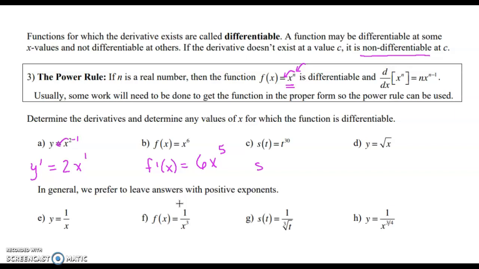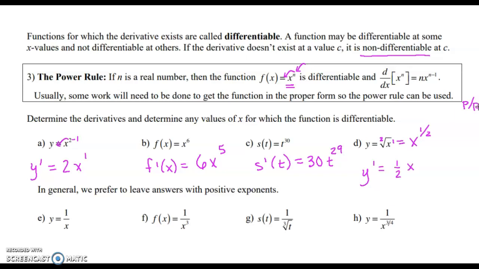C, it's just a power. So we can change our variable to t, and we can use s for our function. We still bring the power down and subtract 1. Now, on part D, we don't have a power, so you have to remember it is power over root. So it's x to the first power. And if the number is not written, there's like a square root. So the square root of x can be rewritten as x to the 1/2 power. And so now we can still do our power rule. We bring the 1/2 down in front,